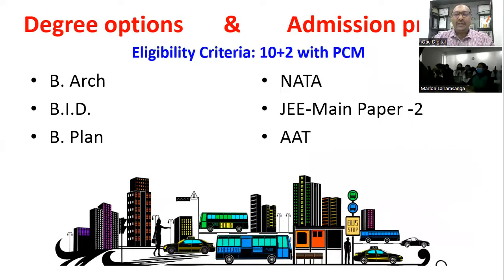In architecture, the eligibility criteria is 10+2 with a combination of physics, chemistry, and mathematics. There are three kinds of degree programs available. One is a B.Arch, that is Bachelor of Architecture, which is a 5-year program. And the admission in Bachelor of Architecture is through either a national level test known as NATA, or you can give JEE Main Paper 2 for NITs, followed by an AAT exam